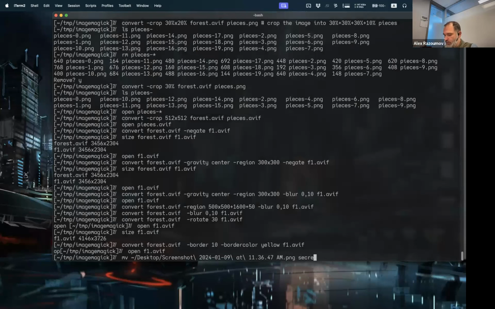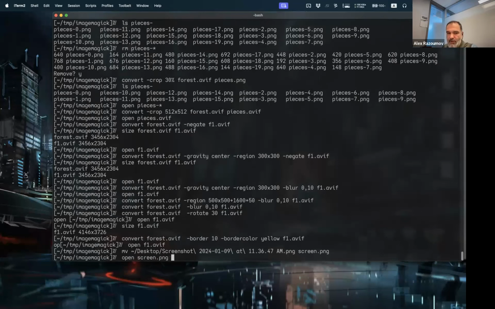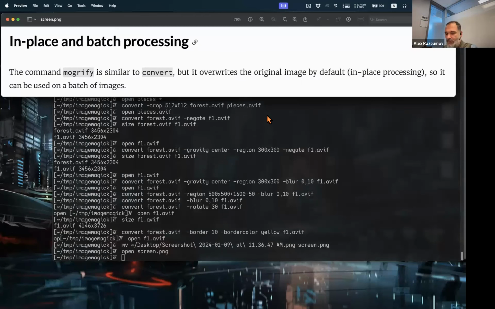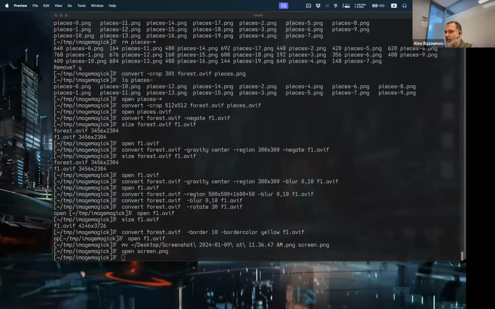I'm gonna say screen.png in the current directory. So here is what my screenshot looks like, right? A lot of white in the background. And let me show you how you can make it transparent. So I'm gonna say convert, then the original screenshot image, then dash transparent,